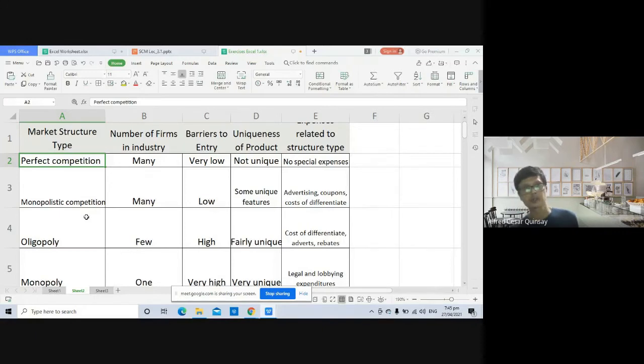A homogeneous product, an easy entry into and exit from the industry. Homogeneous product, so ibig sabihin, makikita yan sa ibang stores. So firms in a perfectly competitive market cannot charge a higher price than the market price because no one would